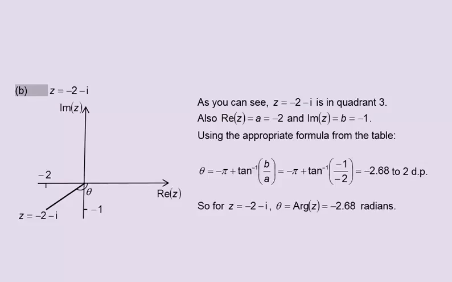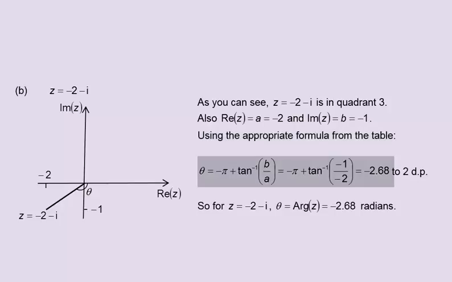B. Z equals minus 2 minus i. As you can see, Z equals minus 2 minus i is in quadrant 3. Also, the real part of Z, which equals a, equals minus 2, and the imaginary part of Z, which equals b, equals minus 1. Using the appropriate formula from the table,